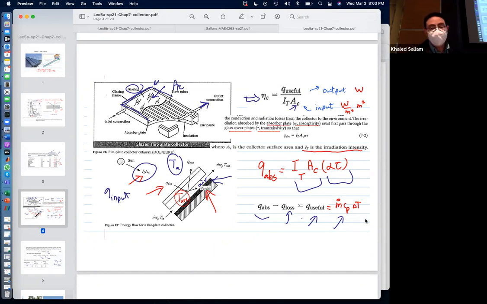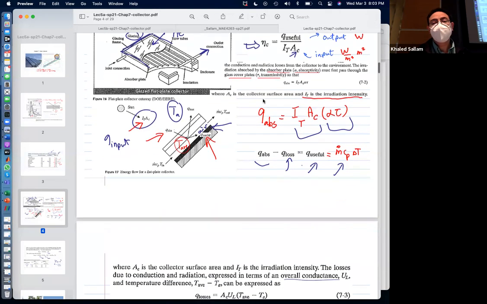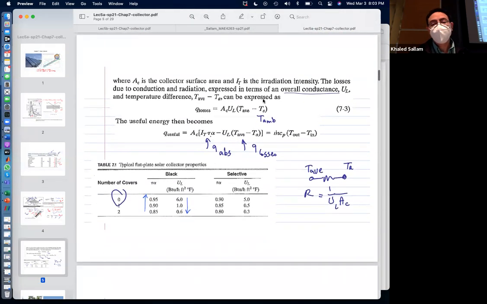So if you divide this Q useful over the incident radiation times the area, that is the efficiency of the collector. If you are successful in lowering losses and increasing the absorptivity, you will end up with higher efficiency, okay? So that Q loss, when you think about it,